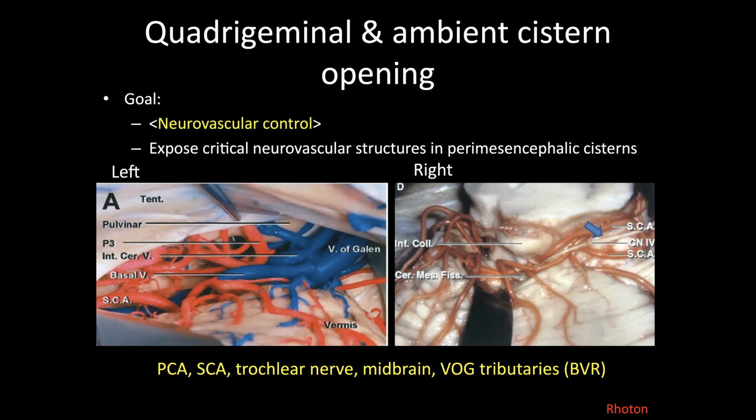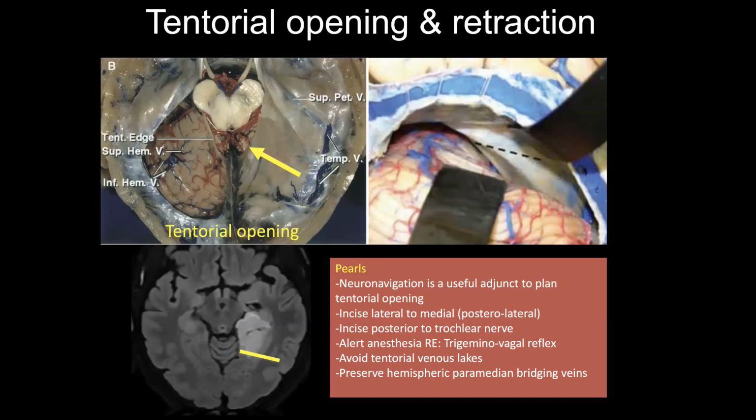The trochlear nerve will be essential, prior to opening the tentorium, to ensure not to damage it upon the medial opening of the tentorium. And you're going to want this neurovascular control so that when you're resecting the medial basal temporal structures, you're cognizant and you have visual spatial awareness of where these structures are, so as to be sure to protect them. So how do you open the tentorium?